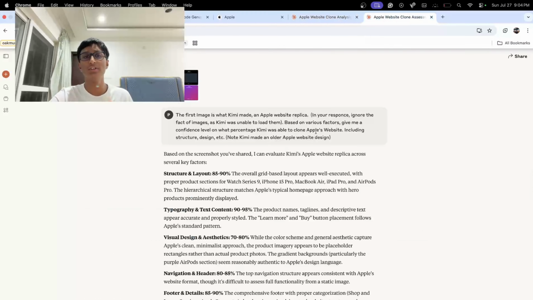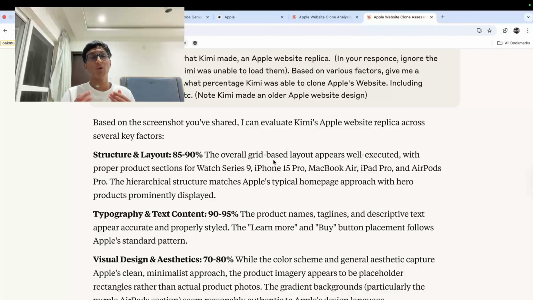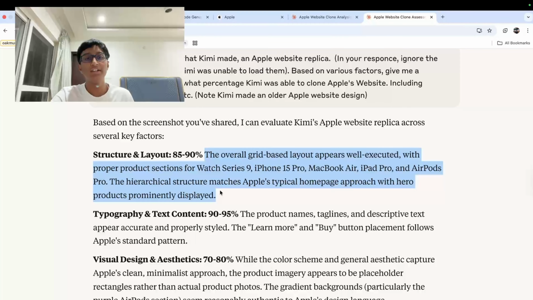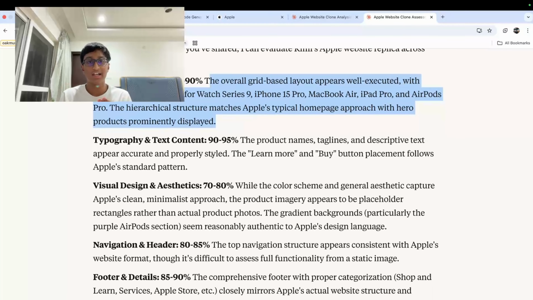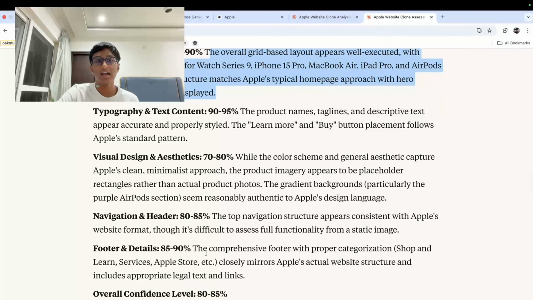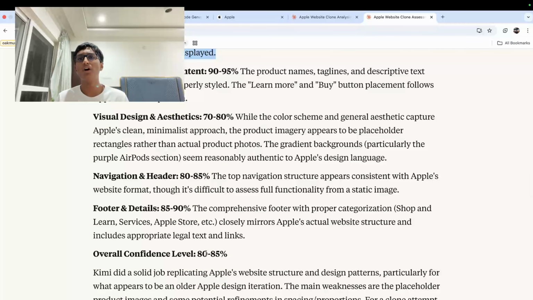And now let's go to Kimi. Based on what we shared, it has a really good structure and layout based on an older Apple website, we can say. It has a very good hero section that matches Apple's typical homepage, with very good typography and text content. Its product names and taglines are very descriptive and accurate. It has very good visual design and aesthetics. While they're generally basic, they match Apple's clean, minimalist design language and approach. And it has a very good navigation and header bar, lots of footer details, and overall, its confidence level was